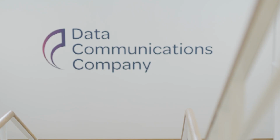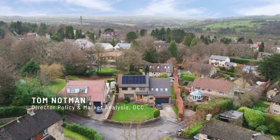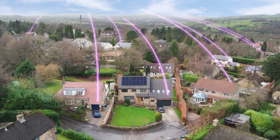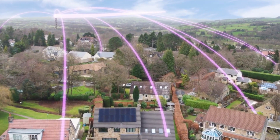To get to net zero will require a huge amount of change across the UK, both in its energy network and in terms of human behaviour. The purpose of the DCC is to capture and transmit all of the data, the consumption data and usage data from the smart meter population across Great Britain to a central network that forms the digital backbone for the UK's